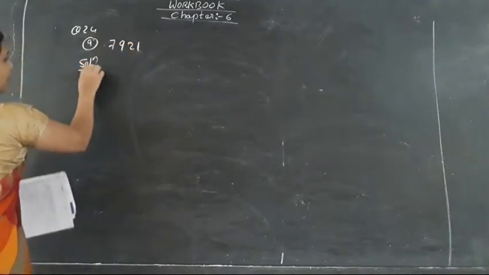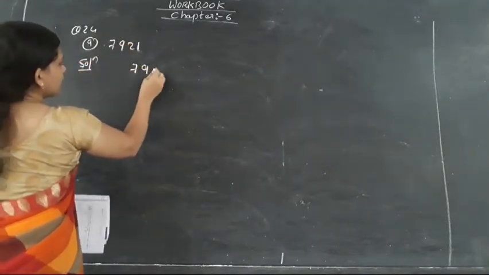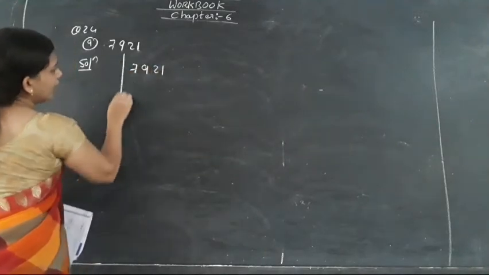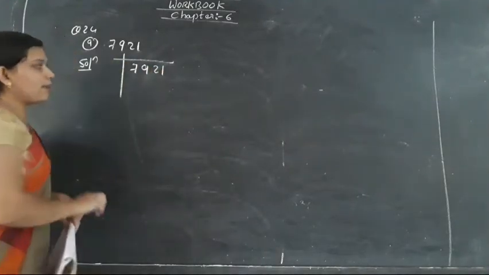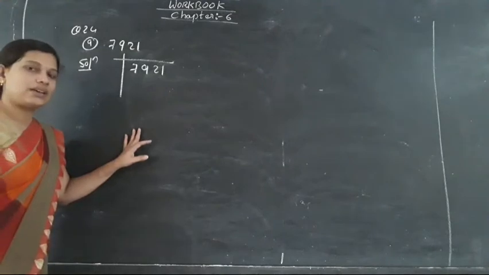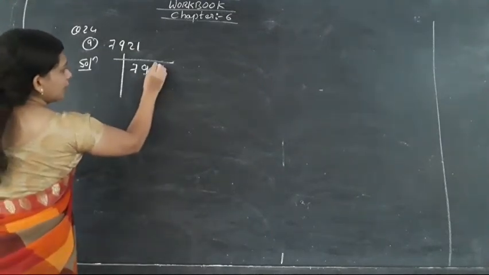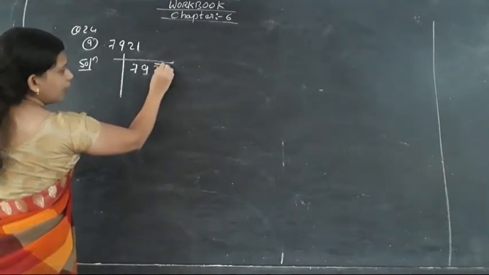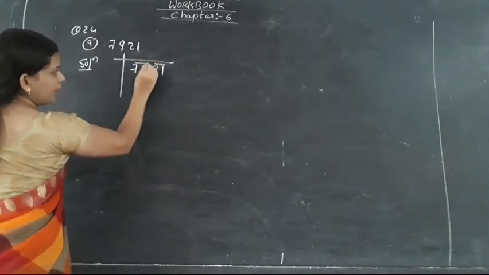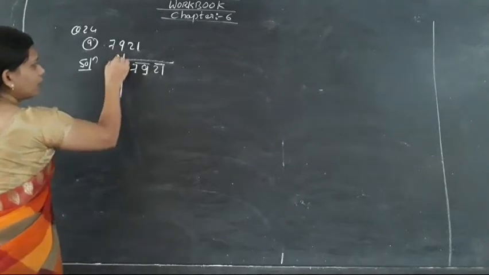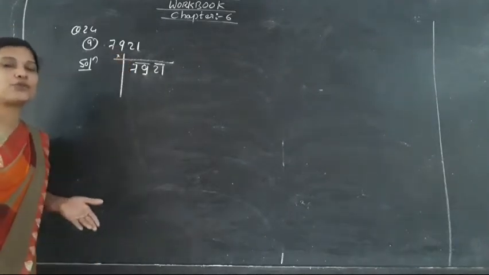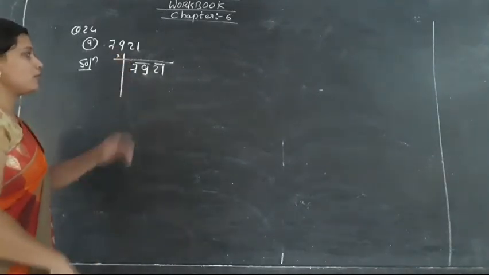So the number we are having is 7,921. As I have explained to you many times about the long division method in the NCERT book solutions, in the same way you have to do it. The first rule is to make pairs from the right-hand side of the number. Then you have to think of a number which, multiplied with itself, gives a number smaller than the given number.